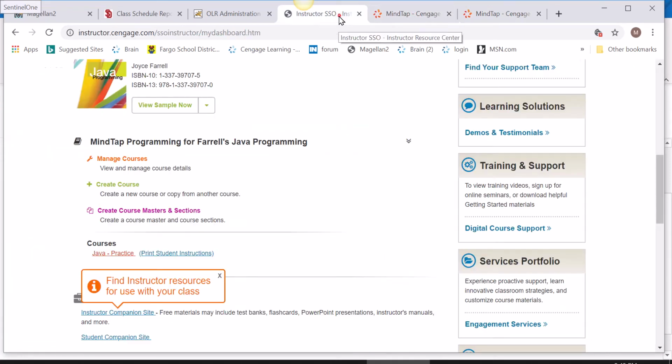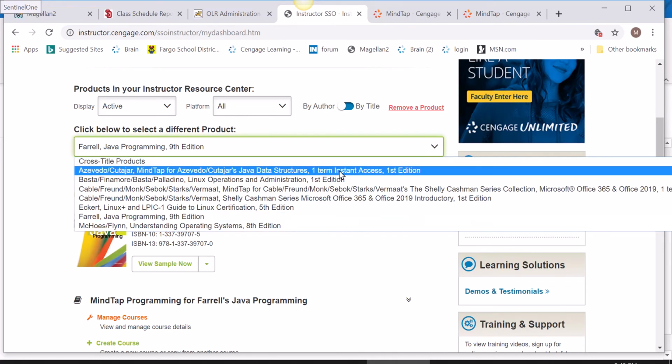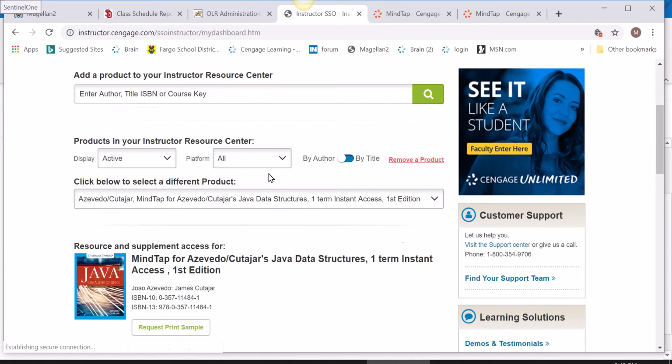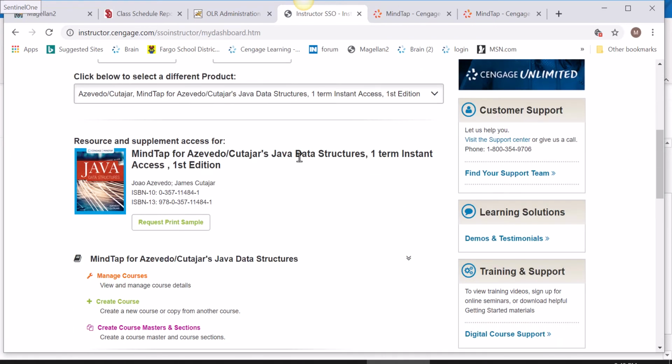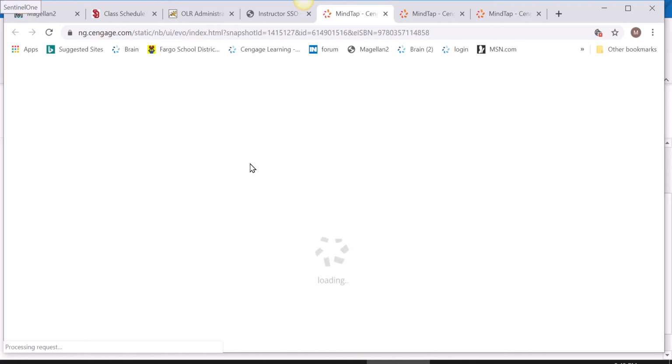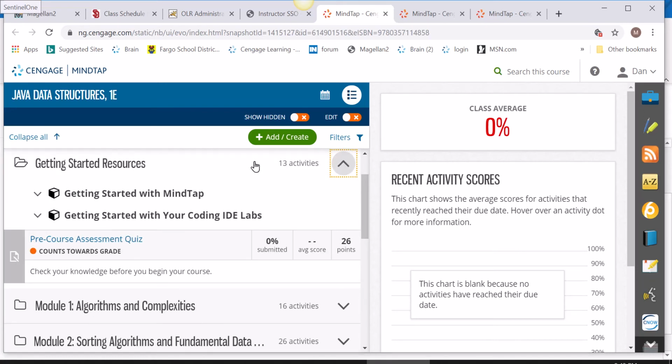And then as I was setting this up for you, I noticed we have another new product in Java. So I loaded that also. I haven't had much time to look at this. This just came out. There's no book with this. It's just a MindTap and an ebook. So I set up another practice course. I'm assuming it's going to be similar to what you did in the other book, but there's some different things